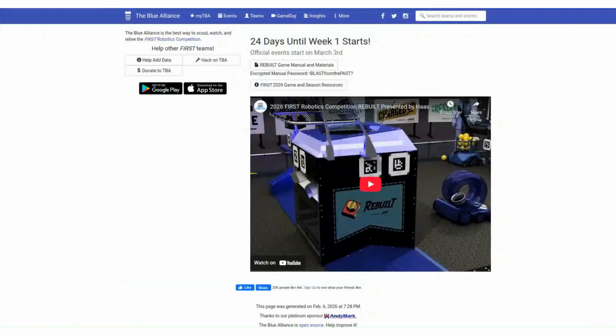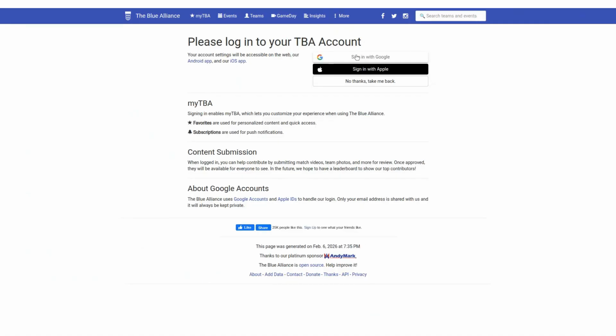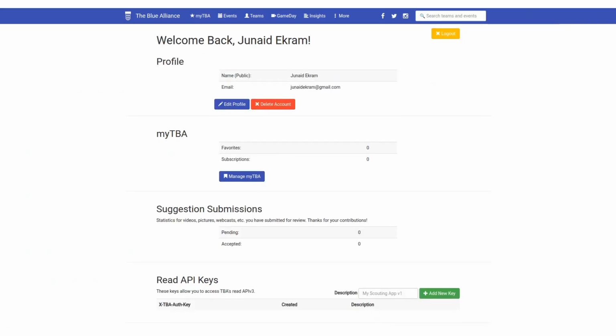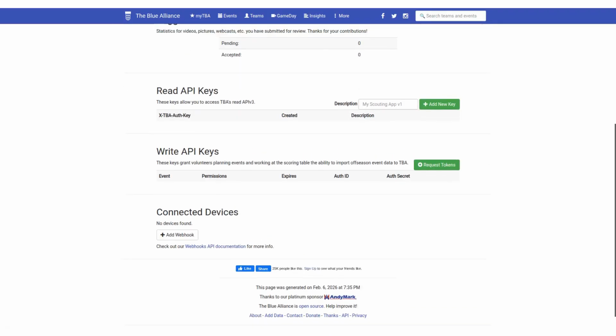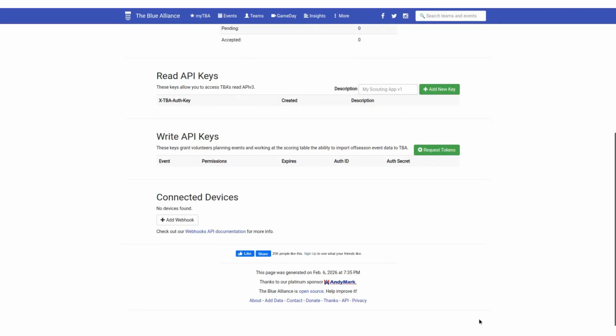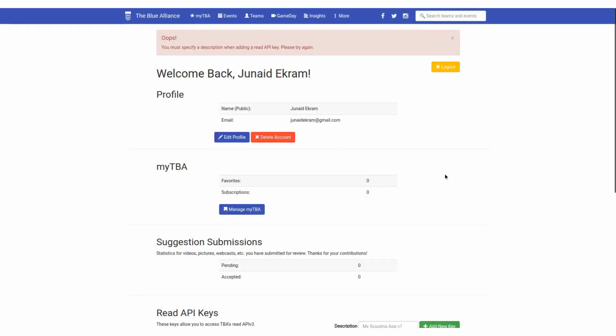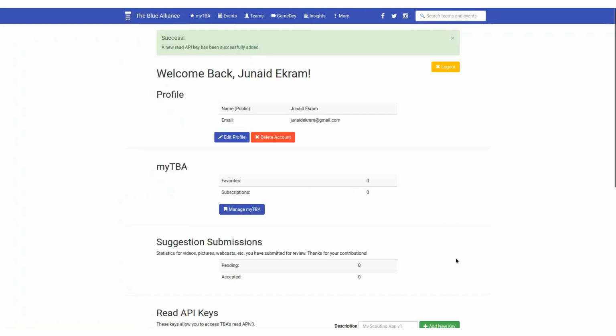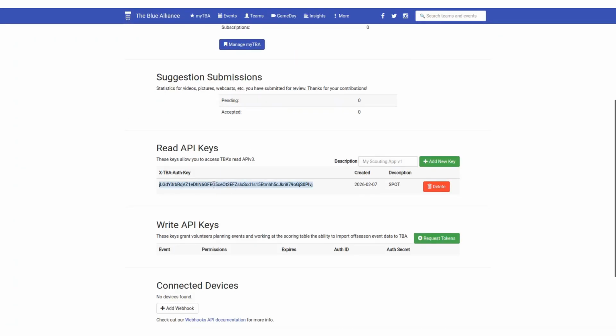For the last step, you're going to want to head over to thebluealliance.com. Here, going up in the upper panel, you're going to click More and click Account. Then sign in with Google. If you do not have an account, it's going to prompt you to sign up. Down at the bottom in the Read API Key section, you're going to click Add New Key. But first, you actually want to put in a name for the key. Once you add your key, copy that key over,